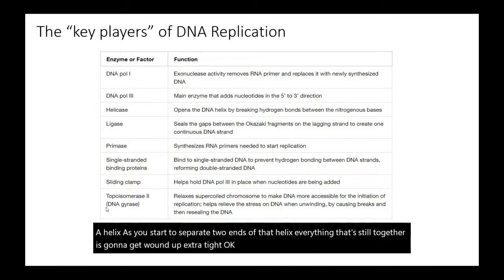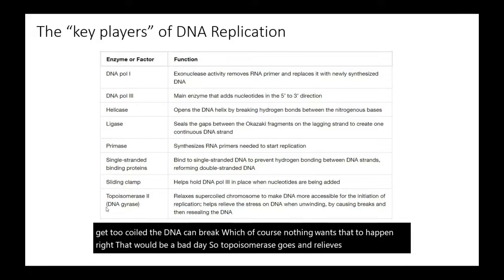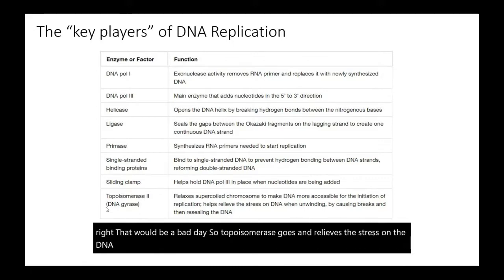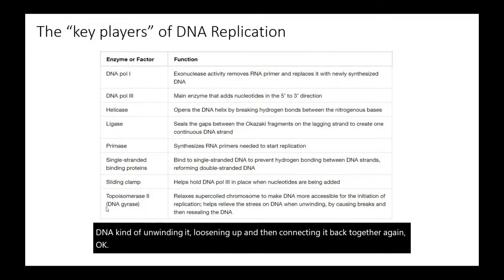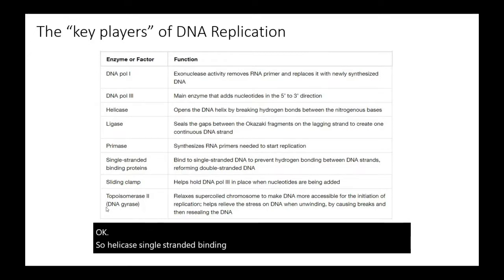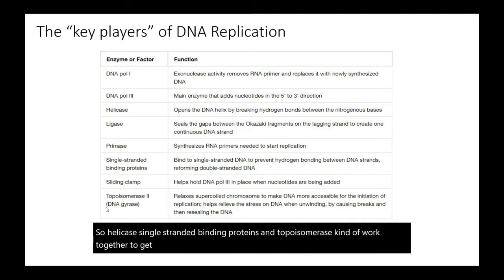Okay, and so it might get too coiled. And if it does get too coiled, the DNA can break, which of course nothing wants that to happen, right? That would be a bad day. So topoisomerase goes and relieves the stress on the DNA by doing a quick break in the DNA, kind of unwinding it, loosening up, and then connecting it back together again, okay? So helicase, single-strand binding proteins, and topoisomerase kind of work together to get the DNA ready to be